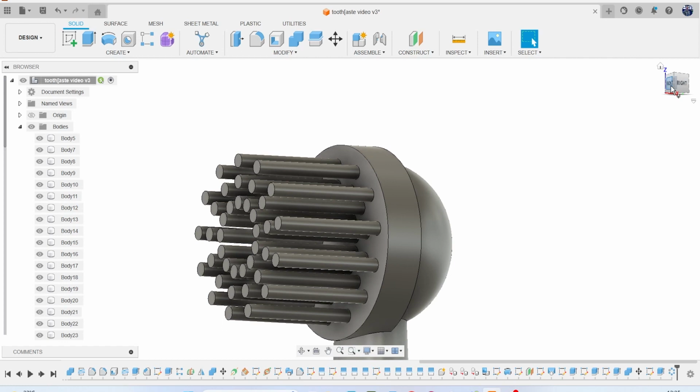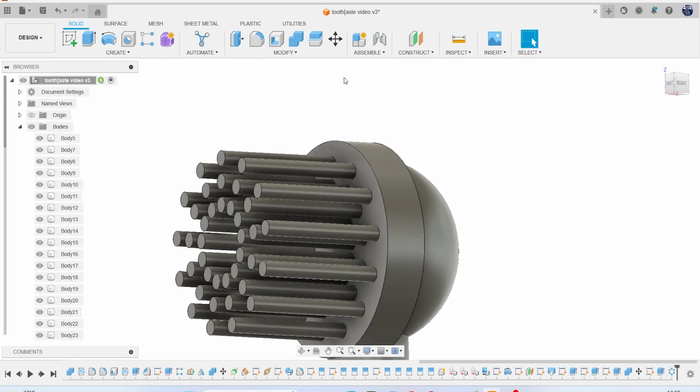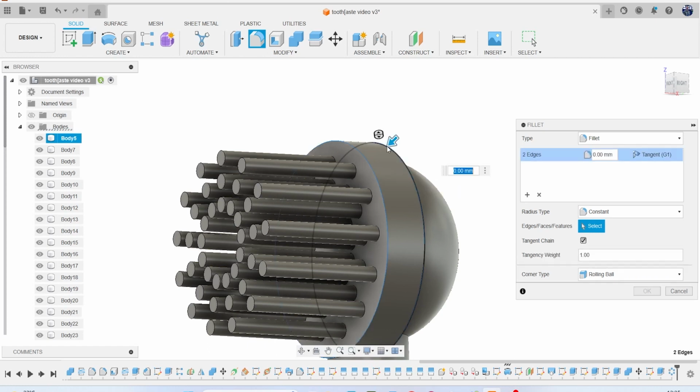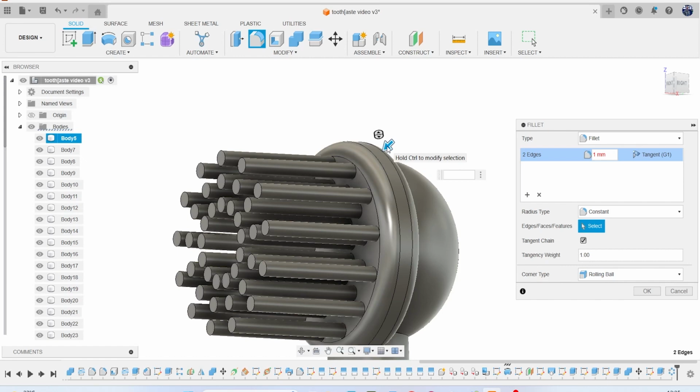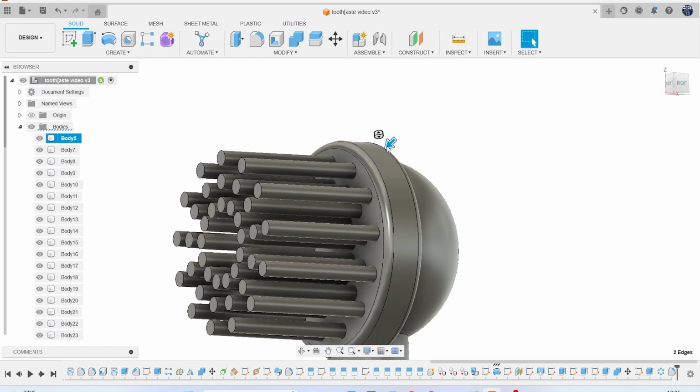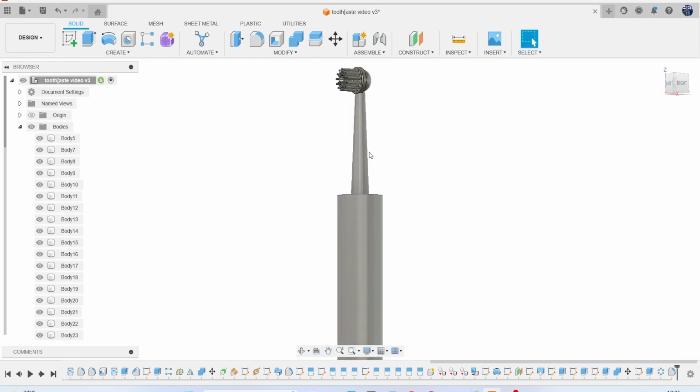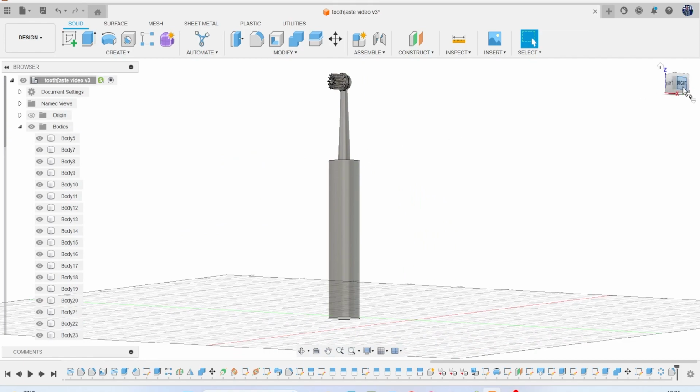We also want to avoid these sharp edges, so remember: modify, fillet, or keyboard shortcut F. There's no real number in mind, it's just trial and error of what you think looks right. Sometimes go to the extremes first to see how it looks, and then dial it back a little bit. It's always a good way of doing it. Okay,